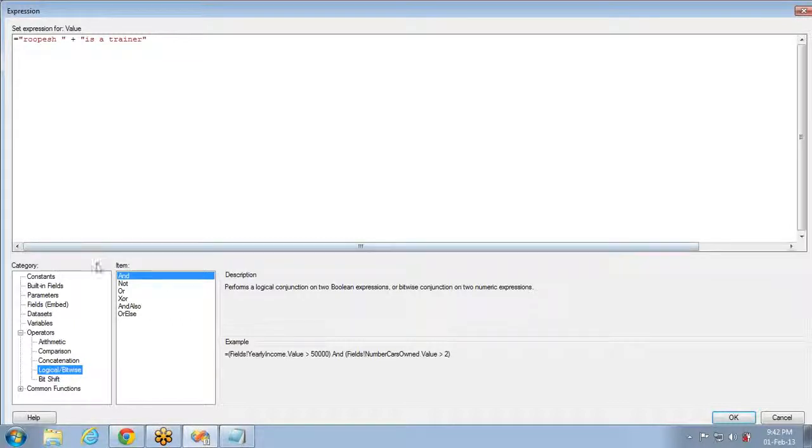And logical or bitwise, you are masters of this. AND, OR. For example, you have some condition: the year of income value is greater than so and so, and cars owned is greater than so and so, then that means he is rich. So this is the AND operator. Both should evaluate to true, the first condition and the second condition. And the NOT operator: if it is true, it will make it false. If it is false, it will make it true. And the OR operator: if either one of these is true, then it will return as succeeded.